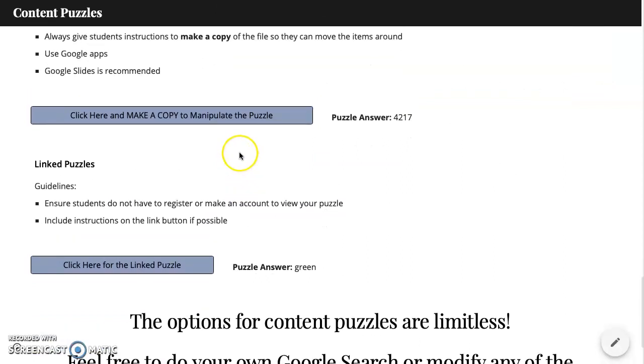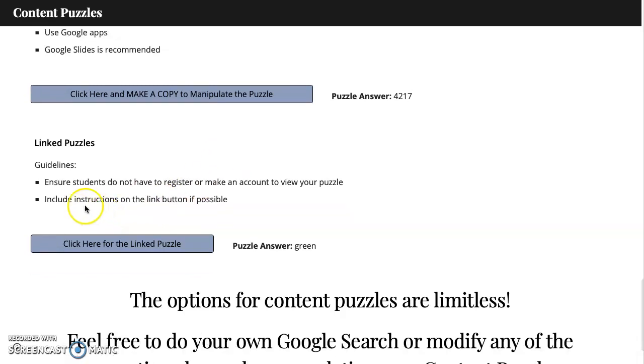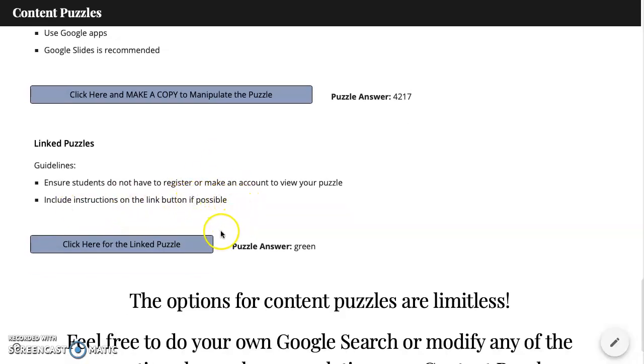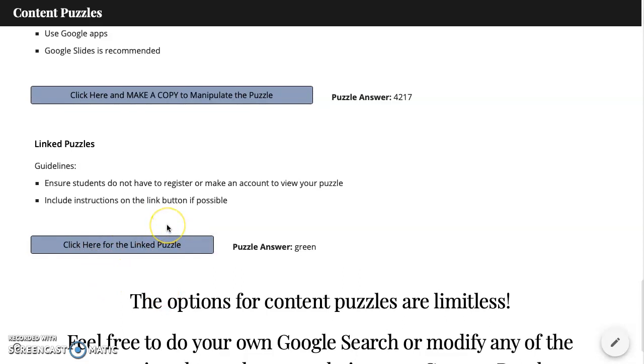And then our last type here is linked puzzles. So these are any puzzles that would link to a different website or a different online resource that isn't necessarily Google. Some important guidelines for this: make sure that students do not have to register or make an account to view your puzzle or to manipulate your puzzle. A lot of websites have terms, privacy agreements that users must be 13 years or older or have parent consent. So make sure they do not have to make an account. Also include instructions, definitely, and if possible, it may be better to include them on the button because students may not see the